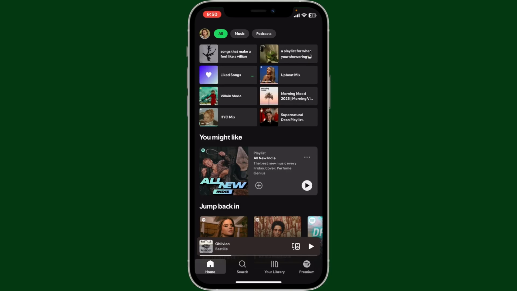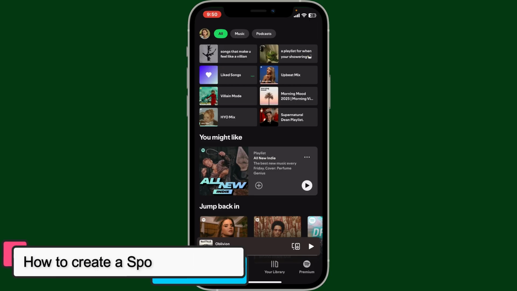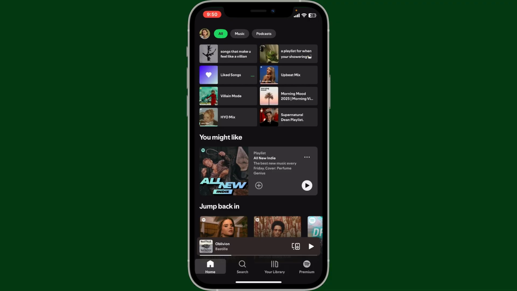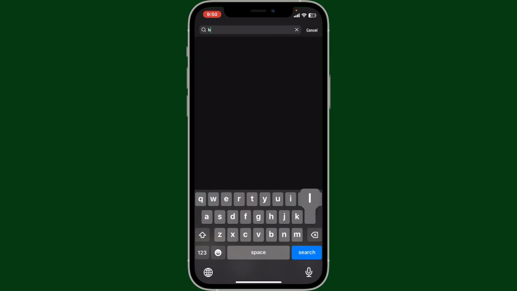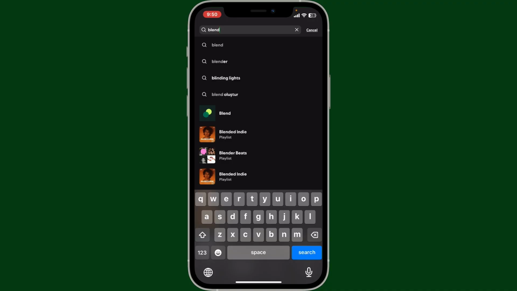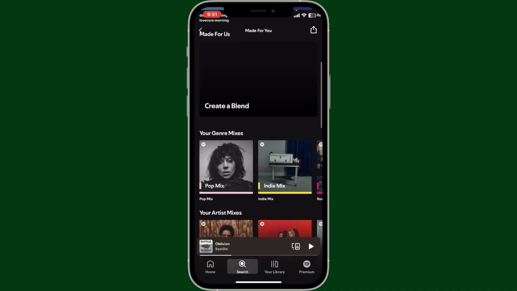In this video, I'm going to show you how to create a Spotify blend. In order to create a Spotify blend, first of all, open the Spotify app on your mobile device and then tap on the search icon at the bottom of the screen. Go to the search box at the top and type in blend. Now, from the blend menu, look for this blend icon over here and then scroll down and tap on create